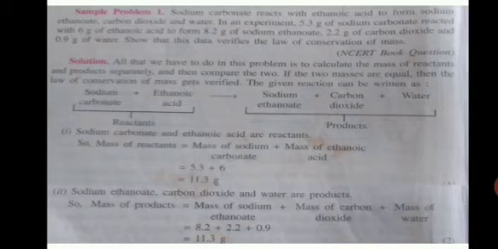So we can write one more step. We find that mass of the reactants and mass of the products are same. So the last sentence we can write: since the mass of the products is equal to the mass of the reactants, the given data verifies the law of conservation of mass. Since both the masses are equal, according to the law of conservation, total mass of the reactants should be equal to the total mass of the products. Then the law is verified.